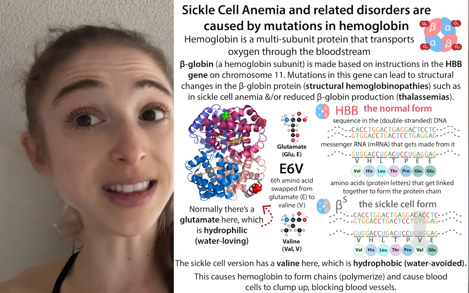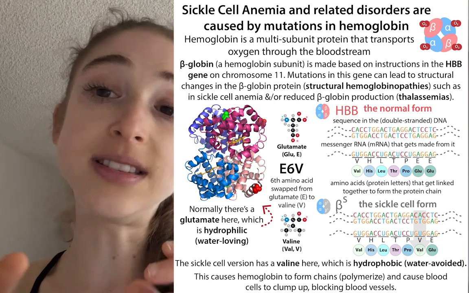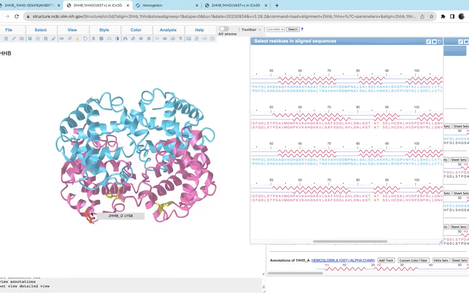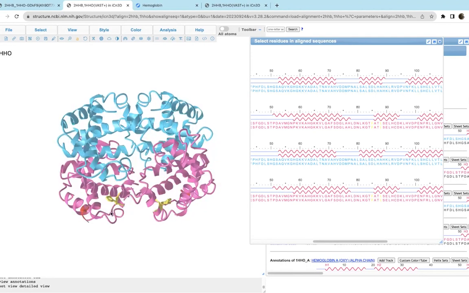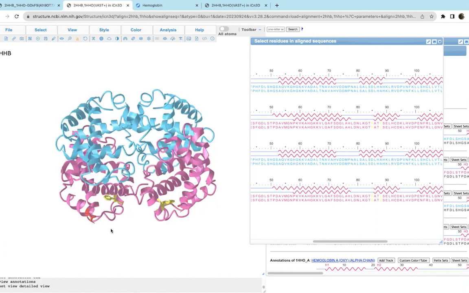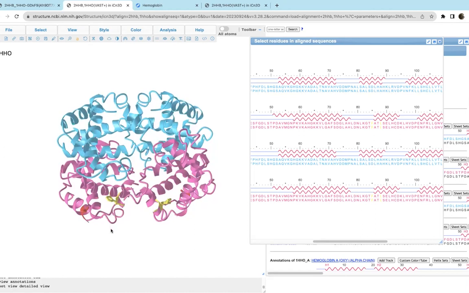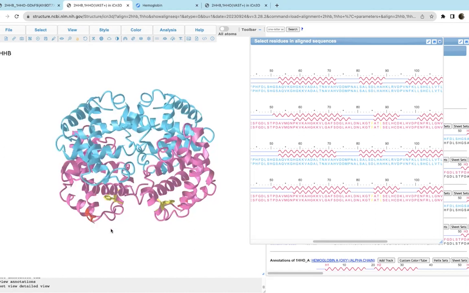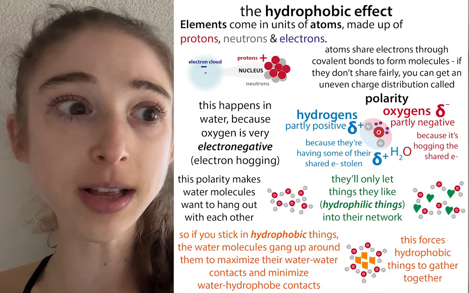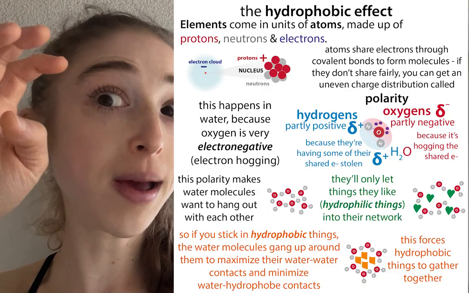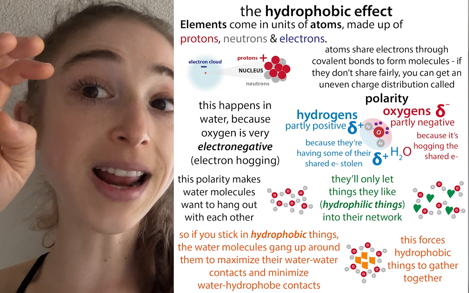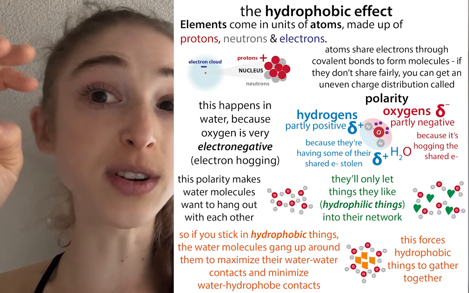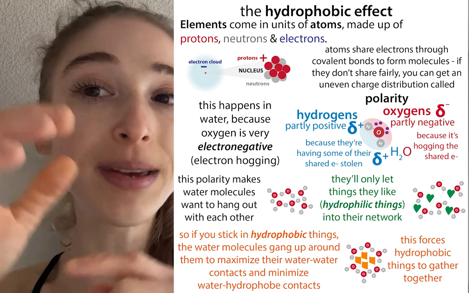And what happens in this mutation, in the deoxygenated state of hemoglobin, so when it doesn't have oxygen bound, the hemoglobin takes on this shape that's going to expose that valine. And it also exposes a hydrophobic patch on the surface of hemoglobin. Now, if this hydrophobic valine on one hemoglobin sees this hydrophobic patch on another hemoglobin, what's